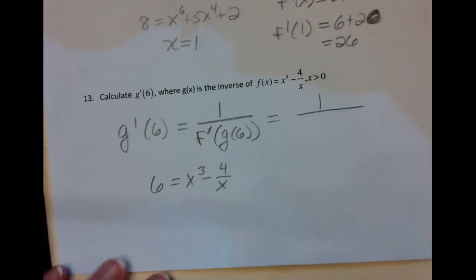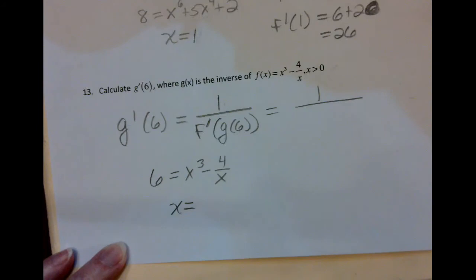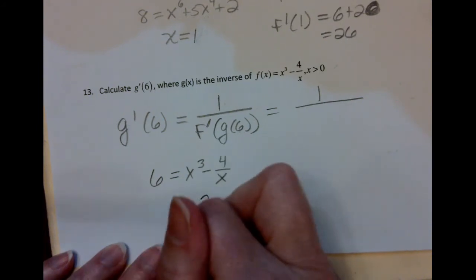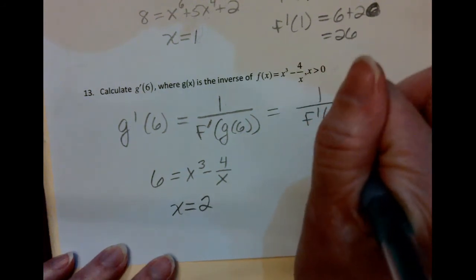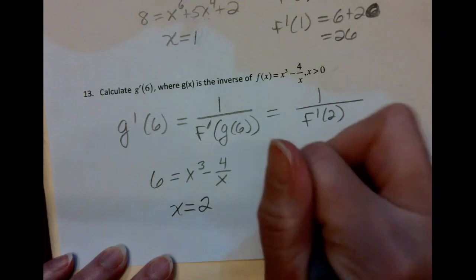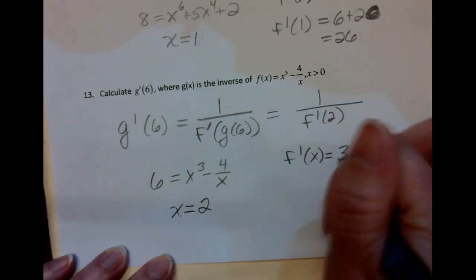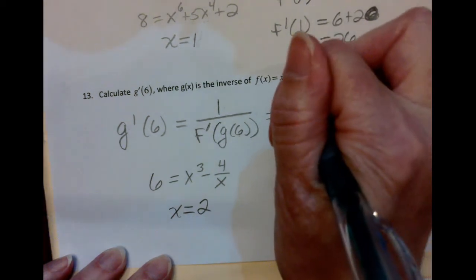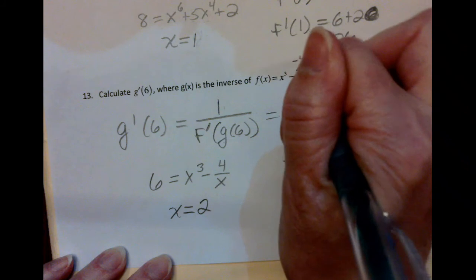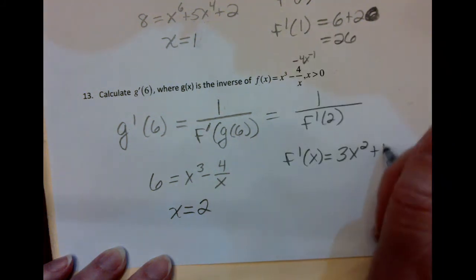Pause to think what x value that is going to correspond to, and again thinking about x's. In this one x is 2, so I'm finding f's derivative at 2. To find that, I take f's derivative at x in general, which is 3x squared, and the minus 4 over x, you can think of as minus 4x to the negative 1, so its derivative is plus 4x to the